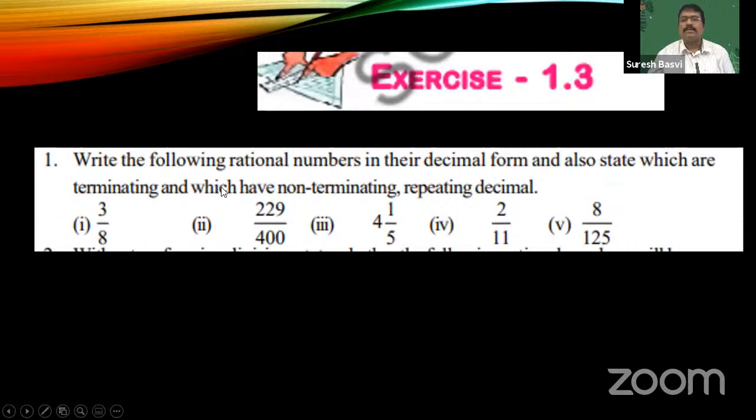Exercise 1.3. Write the following rational numbers in their decimal form and also state which are terminating and which are non-terminating repeating decimals. So no problem at all. First problem is